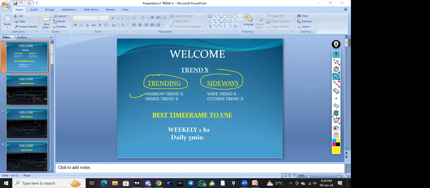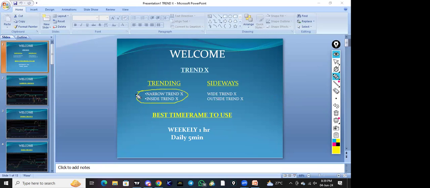This is the daily Trendex. I'm talking about the daily Trendex: narrow Trendex and inside Trendex. Both are the same, but this is very important. What is narrow? How does it look narrow? I'll show you. Remember this: narrow and inside. On these days, we are looking only at our positions,